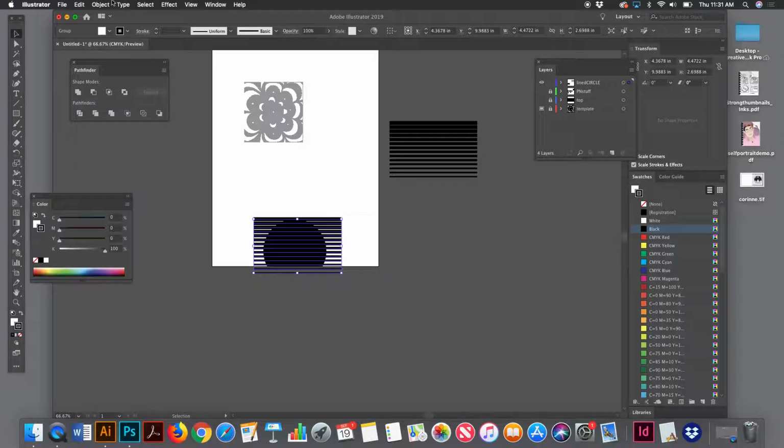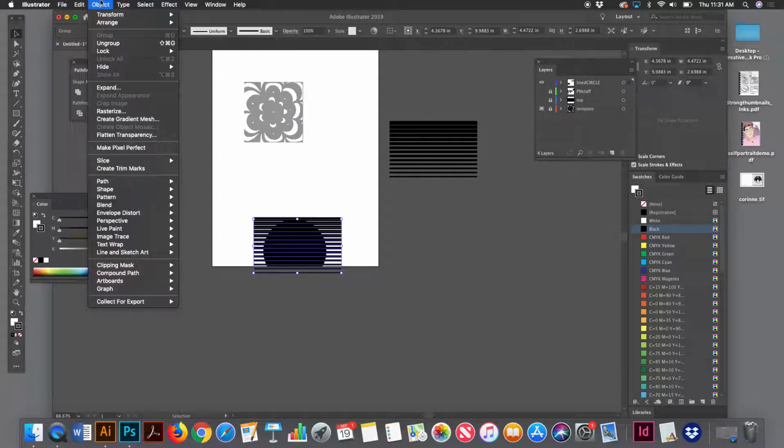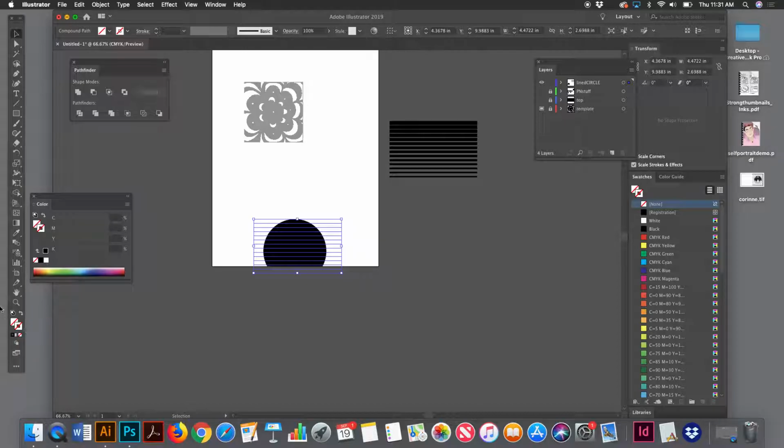So we got to simplify it, and that is under the same pull-down menu. So before we used expand to make it a series of rectangles, now we're going to use, yep, totally just went blank. Now we're going to use compound path, make. And so now what it's going to do is it's going to say make these series of rectangles into their own shape. Now, it doesn't help us when they all of a sudden turn to none, so let's go ahead and swap that back and make it so that we've got a fill of black and a stroke of none. And then let's take this object here